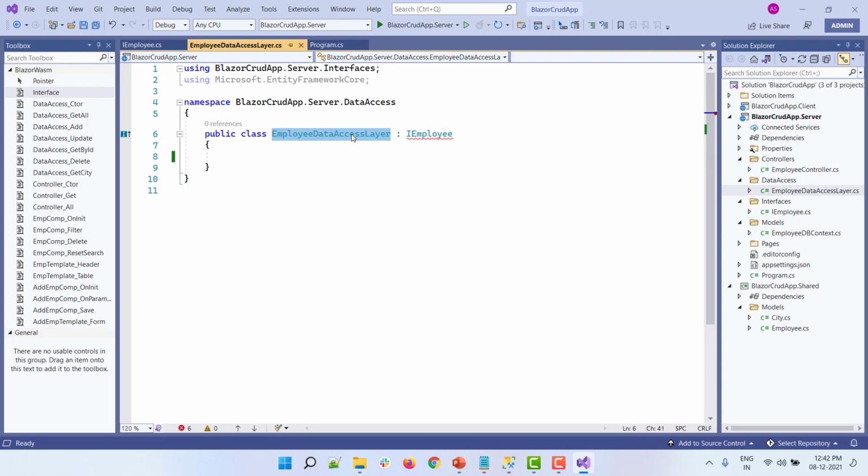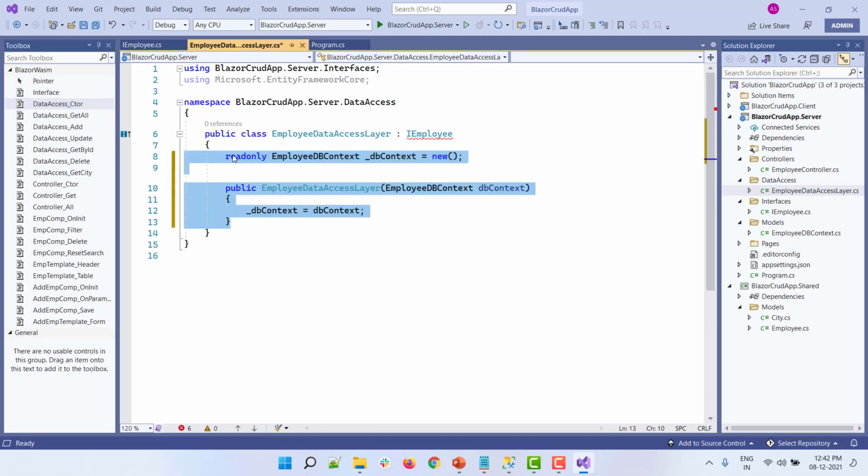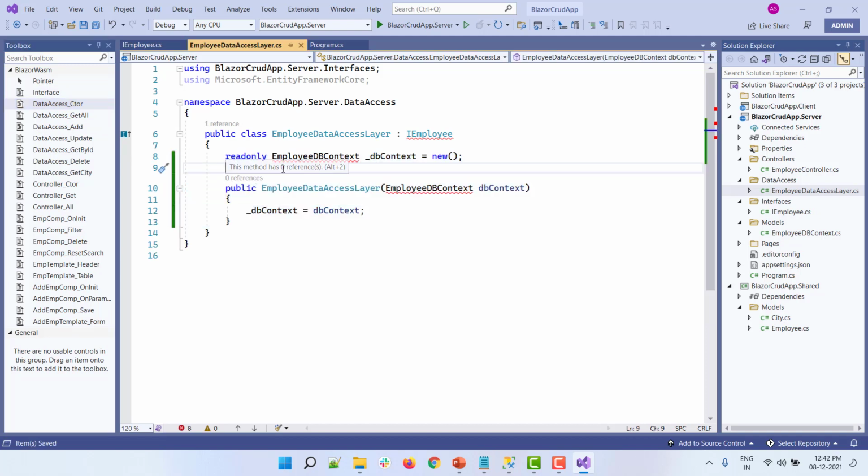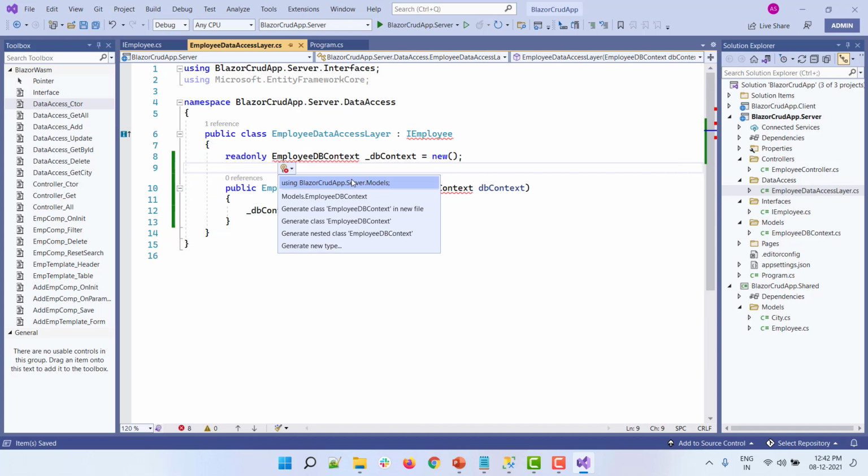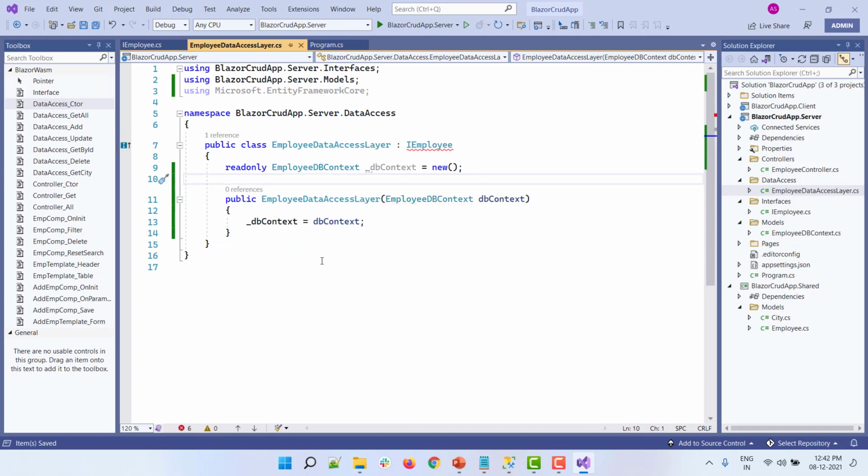Inside this class, we are going to implement our interface, and we are going to use this class to fetch all the data from our database. So this EmployeeDataAccessLayer class is basically going to do all our data handling and all our communication from the database. So let me add the code over here. So first of all, we have implemented the constructor, and let me import all the required files. So we have created a DB context, and then inside the constructor, we are injecting it over here.